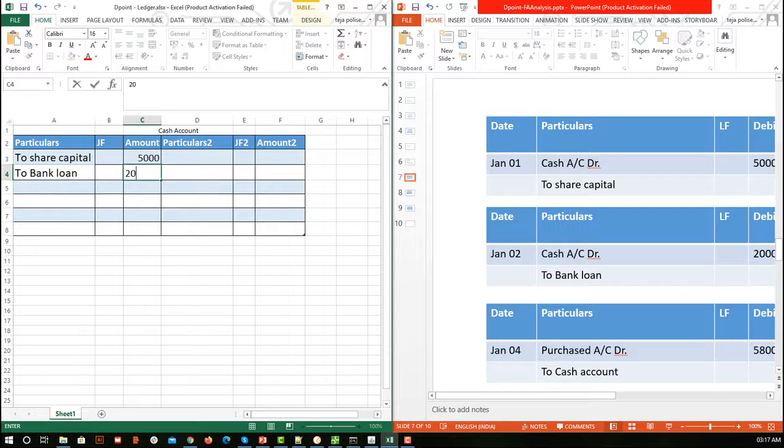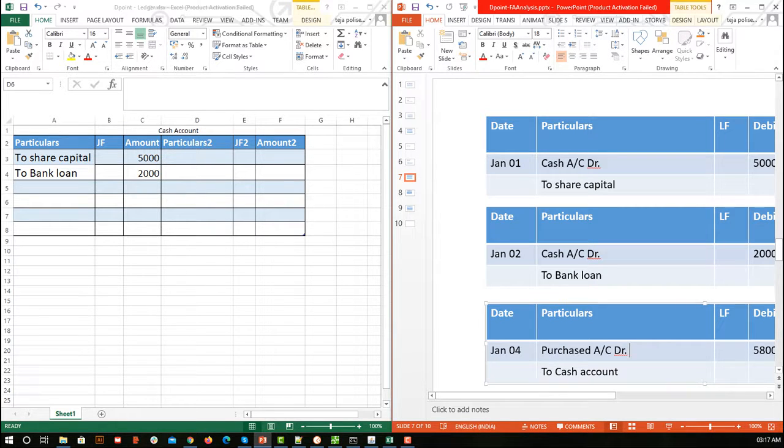So here we are not trying to identify what is the kind of category or what are the accounts involved. No, we have done that part in the journal. So we are simply seeing, okay, now in the third, do we have cash? Yes. So here we have purchased account. So purchased means this is not a 2. So we are going to write buy here, buy, and then our account.